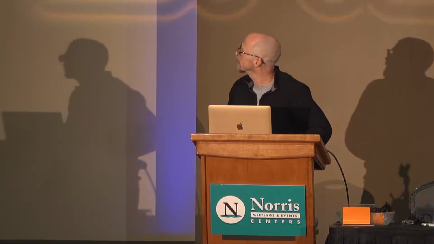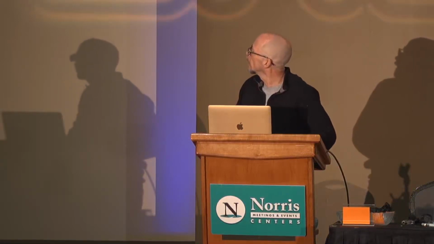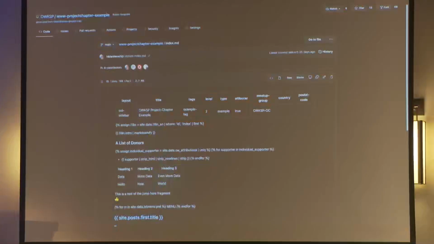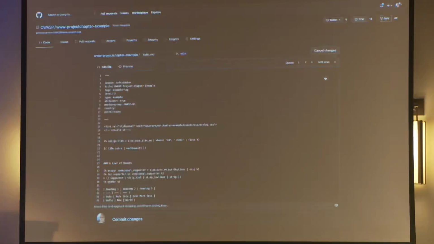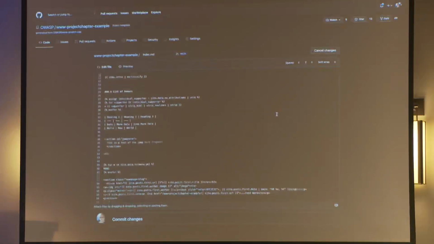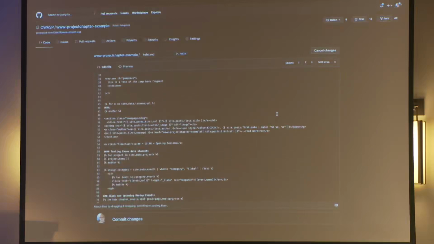So the first thing you're going to want to do when you first get to your page is go to your index.md page. And you are going to want to edit it because there will be a bit of text which already exists in this one. This is an example page, right? And you're going to want to take out most of that. Anything that's in there previously, you're going to want to take that out of your project page because I won't know that you actually have a valid working project website until that default text is out of there. That's how I can tell whether or not it's been updated.